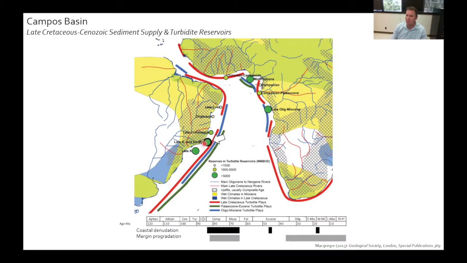The Campos Basin is about here, where I'm pointing out with an arrow. The size of these circles represents the reserves in turbidite reservoirs. And so the bigger the circle, the bigger the prize, I guess. And the Campos is a big old circle, so there's a lot of oil and gas there, I guess. And then what you also have plotted against